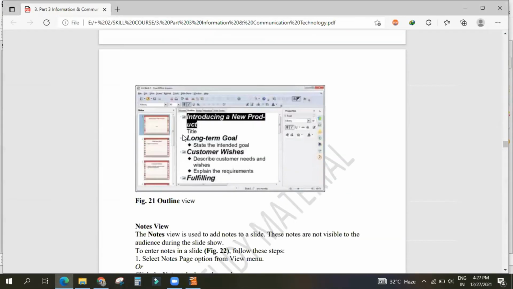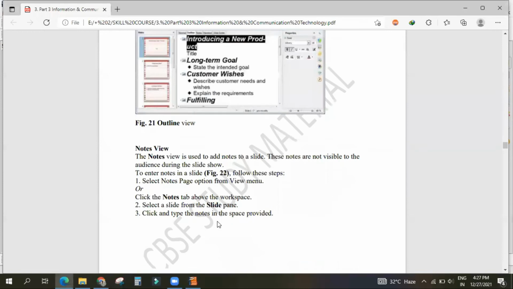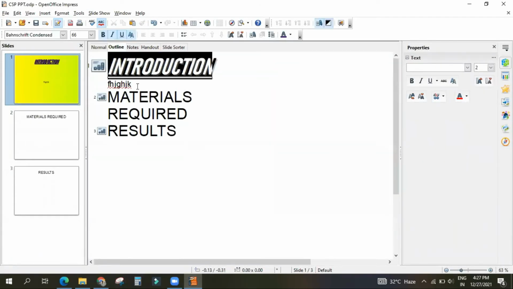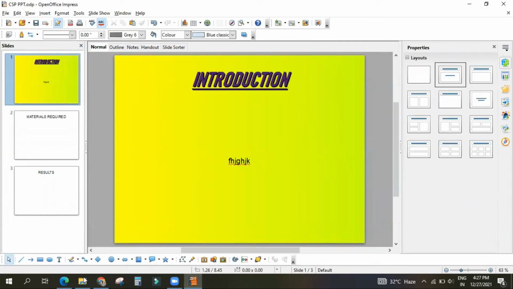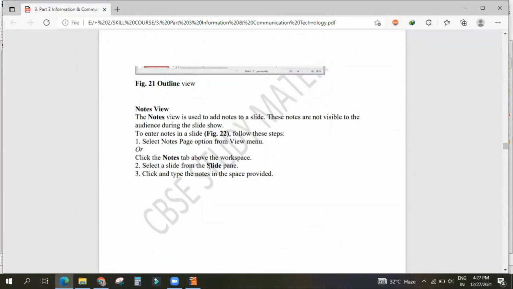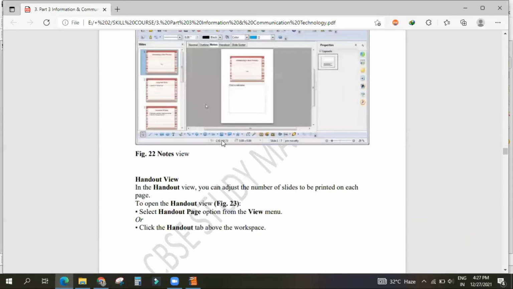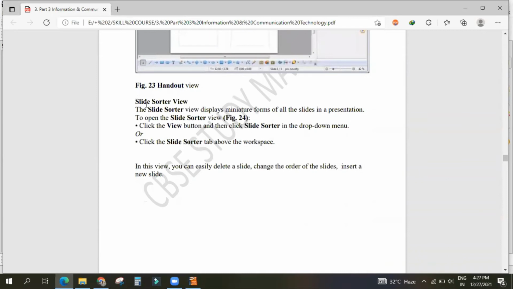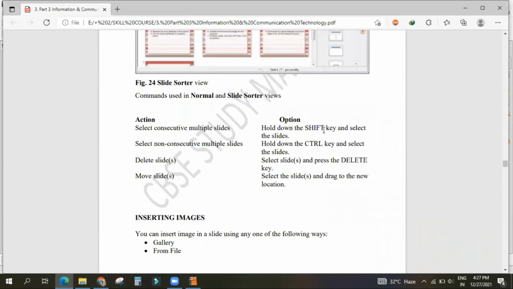What is outline view? This is the outline view. You see Introduction, Material, Method, Result. Notes view I have told, this is handout view, and slides are shown.